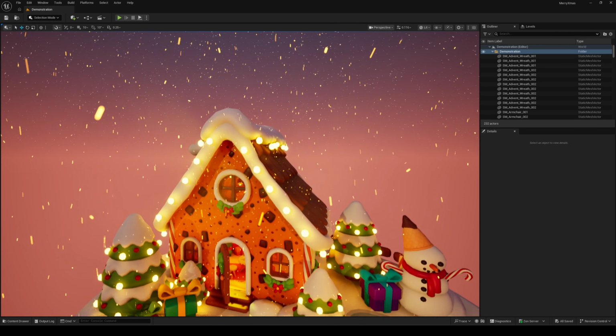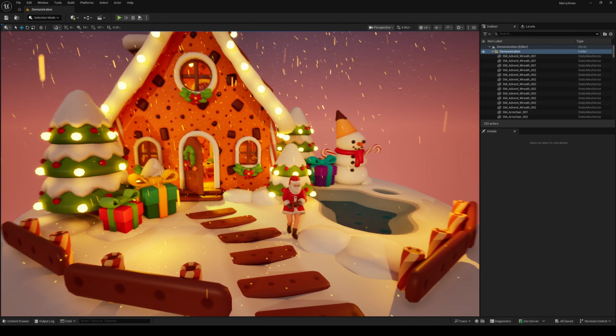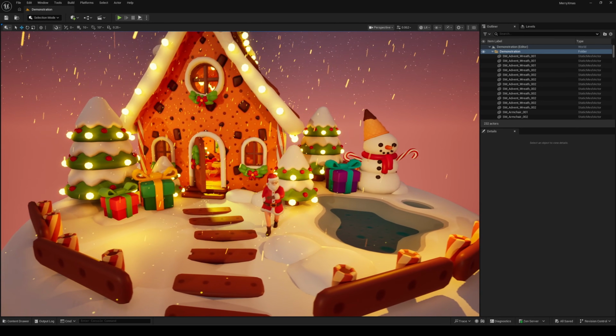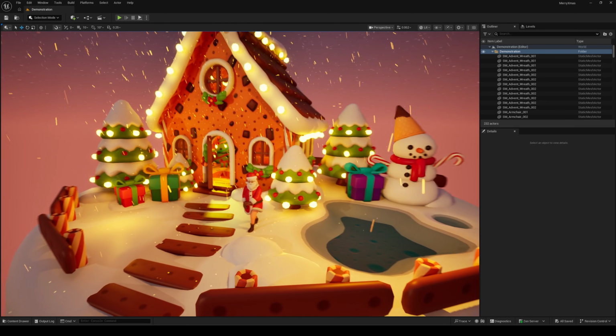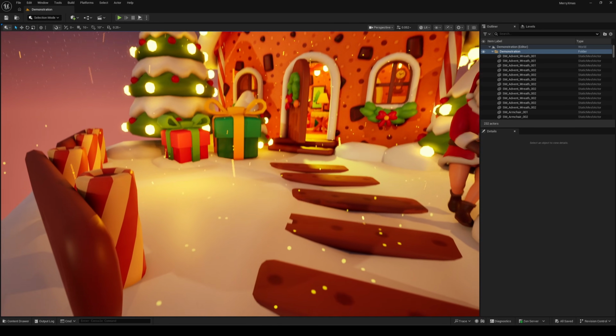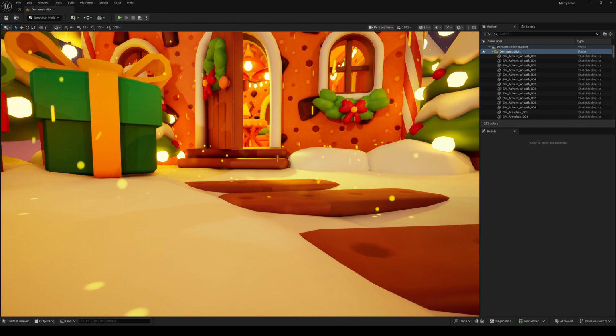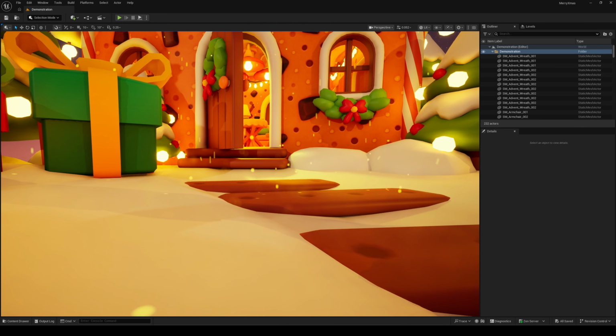First of all, take a look at this beautiful and cozy little scene from the Eat Happy seller on Fab. I randomly stumbled upon it and it immediately gave me this idea. Why not show a quick but effective snow Niagara system with a few crisp tips you can reuse across all your projects? So let's jump right in.